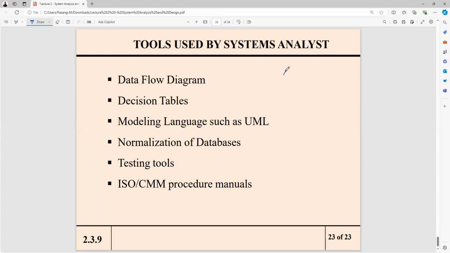And then as the last part, what are the tools used by the systems analyst? One tool will be the data flow diagram, and then they will be using decision tables, and also as a modeling language, they are using UML. Then they are using the normalization methods and tools for databases as well. And testing tools, they need to do QA. So they are using a few tools, and also ISO or CMM procedure manuals as well, to check whether our system is up to the